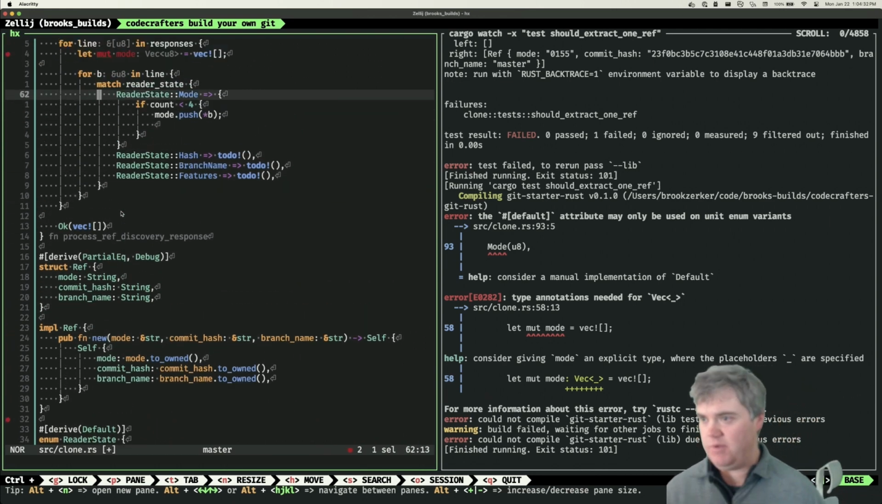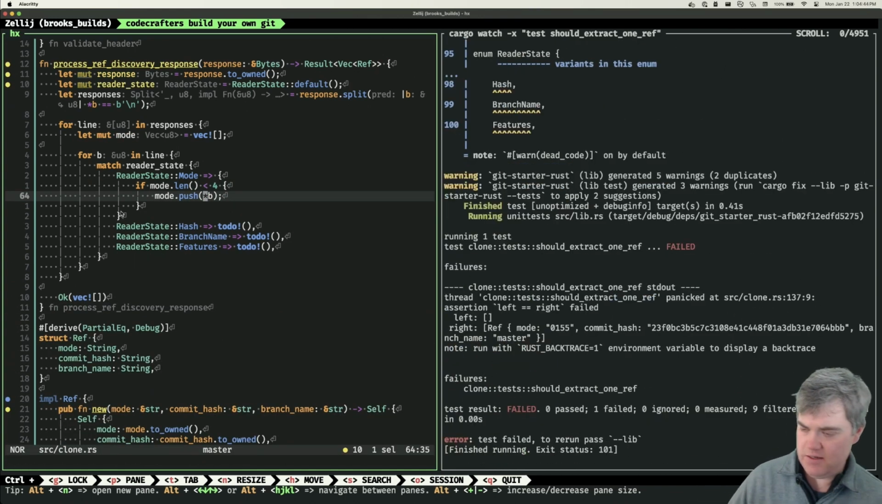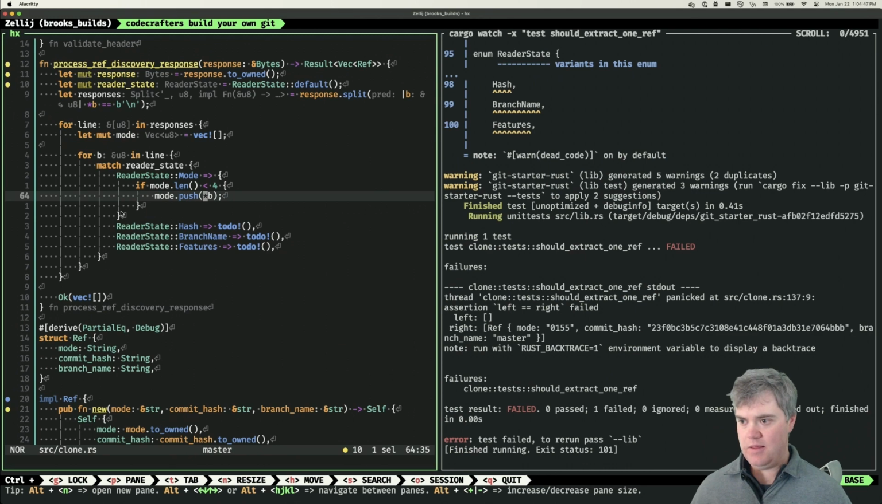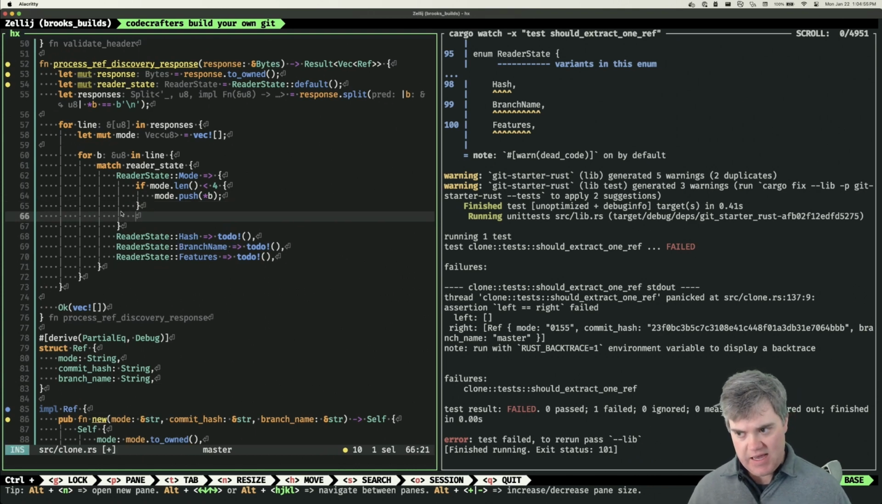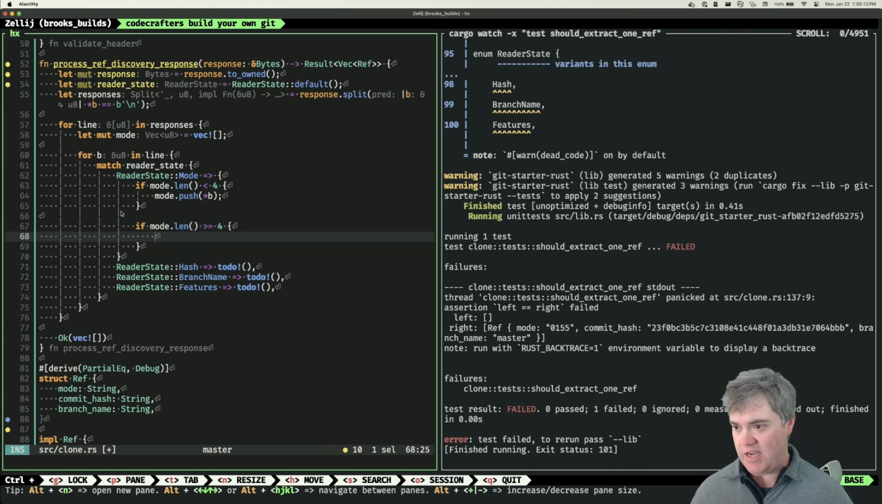It's a lot simpler for me to just count. So if mode.length is less than 4, push in the byte. At this point, if mode.length is greater than or equal to 4, we're done with the mode, which means that we now want to